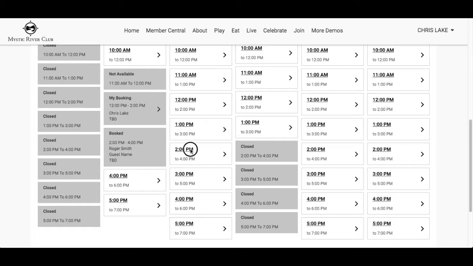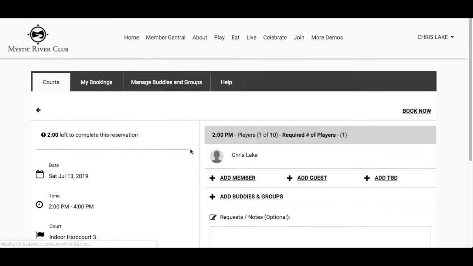Click on the time that you wish to book. In the top left-hand corner, the countdown timer will be displayed. This is usually set anywhere between 2 to 4 minutes, depending on your club. The date, time, and court number you selected will be displayed. If these are correct, you can continue on the right-hand side, or if it is incorrect, click on the left